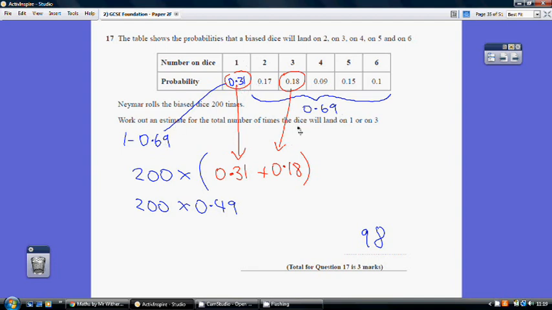So the probability that you will land on a 1 or a 3 is the probability you land on a 1 added together with the probability you would land on a 3. So 0.31 add 0.18, which is 0.49. So if you throw the biased dice one time, the chance of landing on a 1 or a 3 is 0.49. But you're throwing the dice 200 times, so how many 1s or 3s would you expect to get? Well, it's 200 lots of 0.49. 200 times 0.49 is